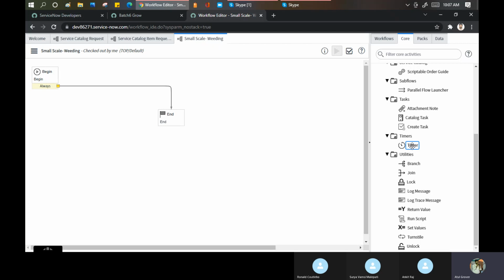I booked tickets for my travel from Pune to Delhi, Delhi to Pune, that kind of thing. When I book the tickets, I make the payment. I never get my PNR immediately. I get an email saying your booking has been confirmed, your itinerary has been generated, but the PNR will be generated in a few seconds. They put the timer. Why? Because they want to validate things in the background. Everything has been settled down, data has been stored properly. Now generate the PNR number for the customer and send it to them. So this is the example of the timer here.